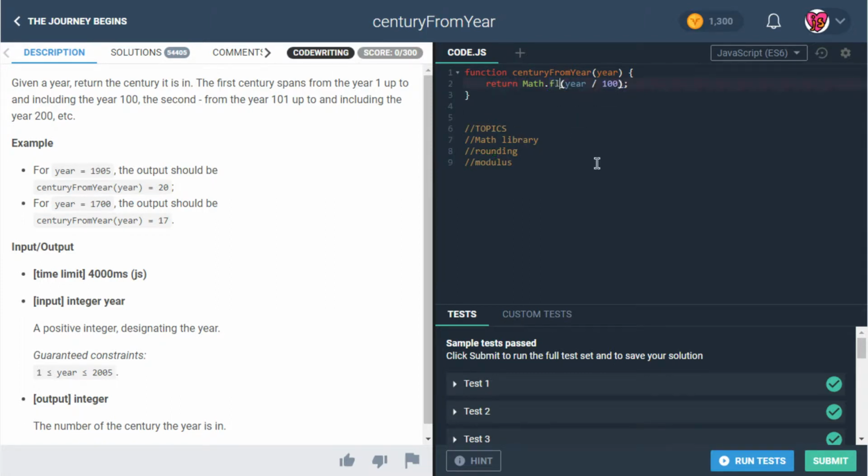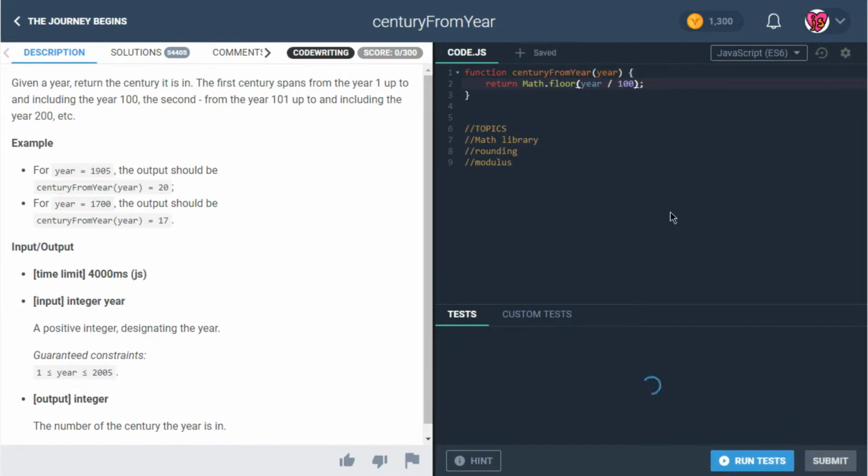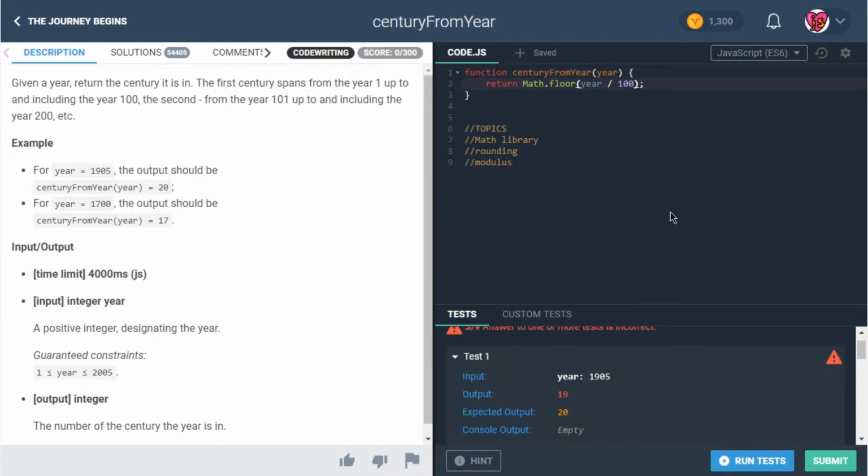The first one I want to talk about is floor. This is a math concept as well. Floor basically means you're going to take that decimal number and round down to the nearest integer. So 1905, or that was 19.0. Hey, I've got an idea. We're going to be able to show how this function is working a little more. So we're going to say